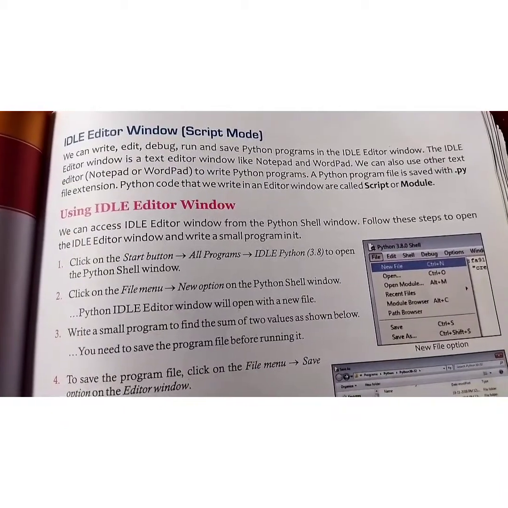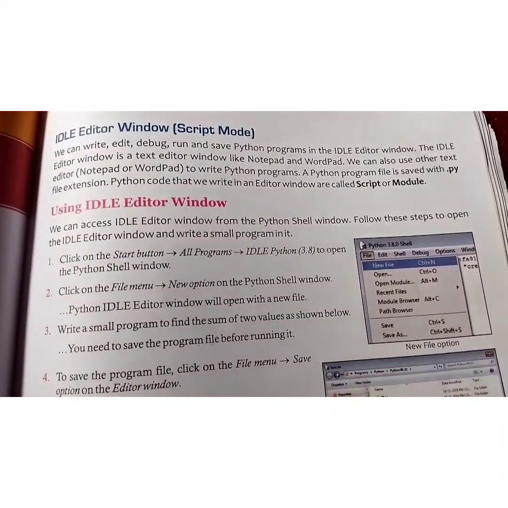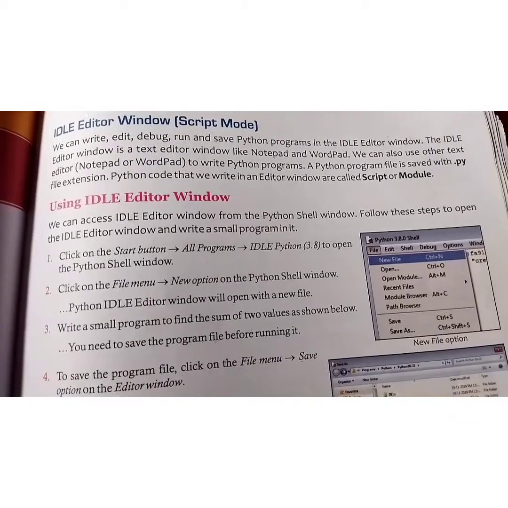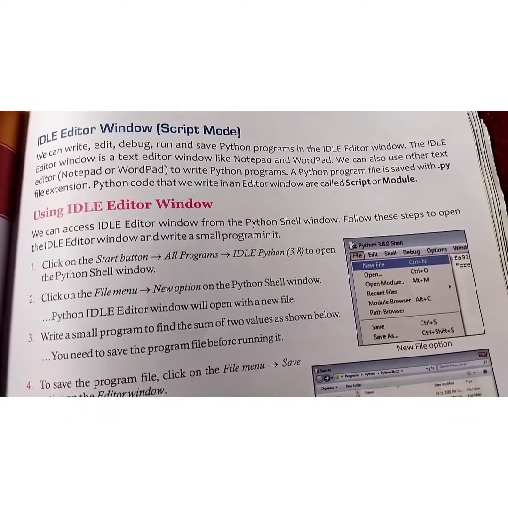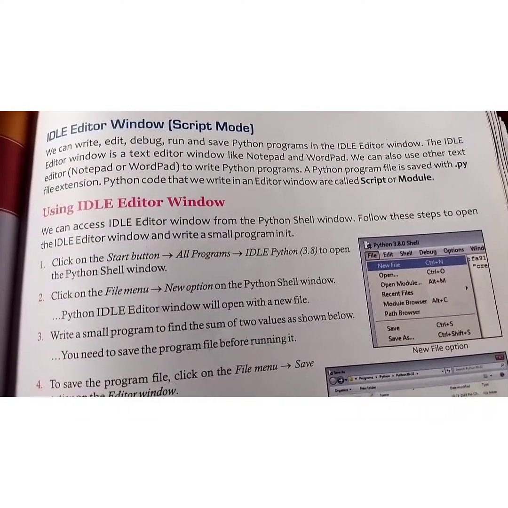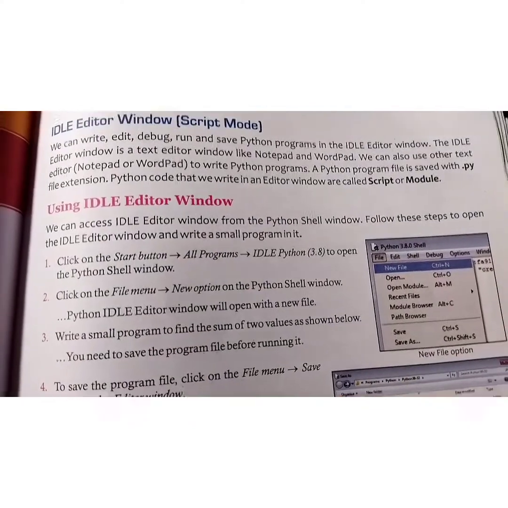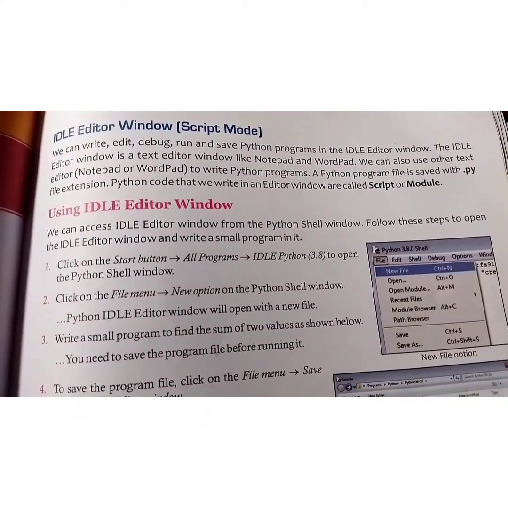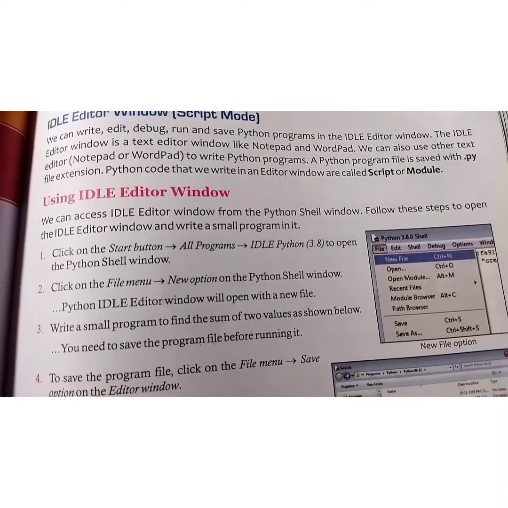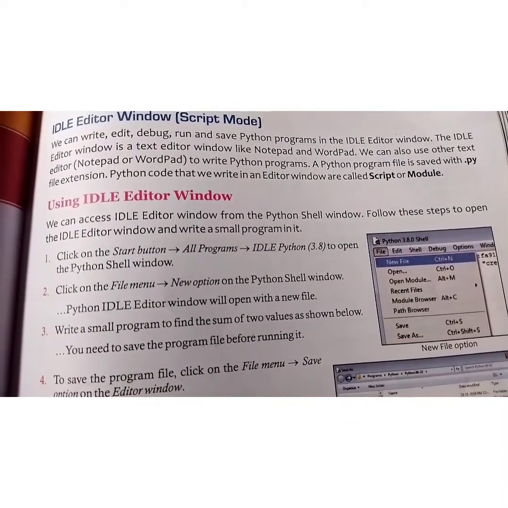A Python program file is saved with the .py file extension. The Python code that we write in an editor window is called a script or module.